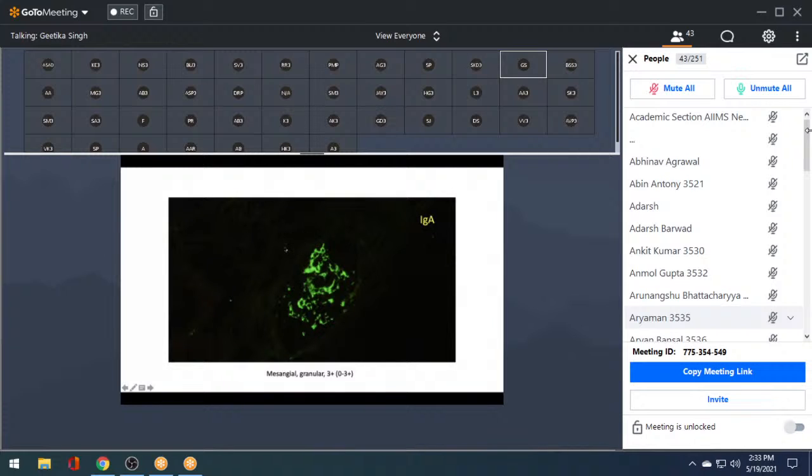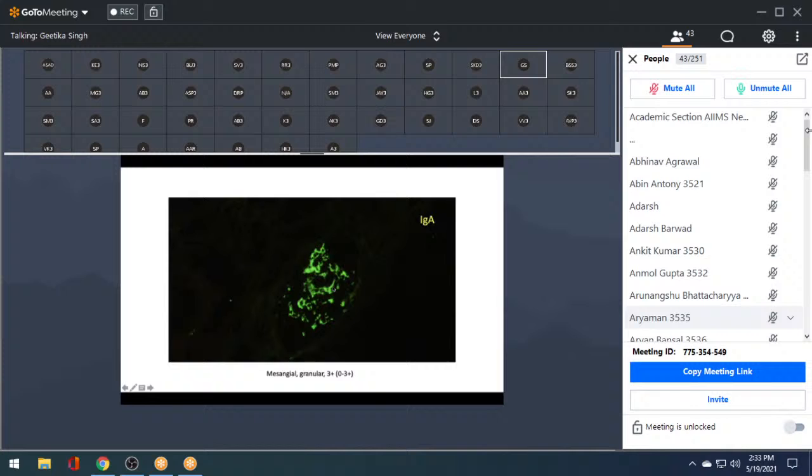This is now FITC IgA. Now, can you see how different it is? This deposit is predominantly mesangial. When we had capillary, here there would be capillary walls. You can't see them in this particular image. If we alter the brightness, we might be able to see them. They would be negative in the background. So these would be the capillary loops where my arrows are going, and there's nothing depositing there. But what you can see is a 3+ granular mesangial deposition for IgA,